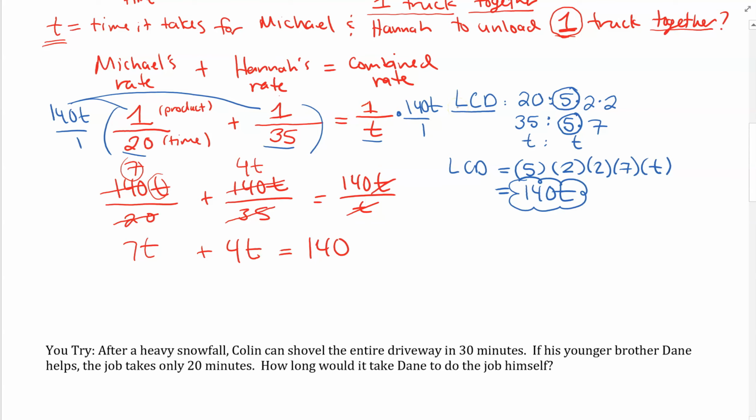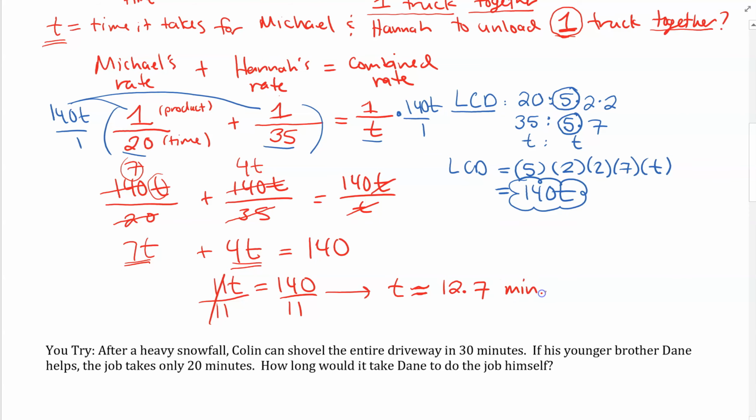So then it turns into a very simple linear equation. And these terms both have a t, so they're like terms. I can add them together. So I get 11t is equal to 140, and then I can divide both sides by 11. And then it might help if I divide these numbers to have an idea of roughly how much time that is. So 140 divided by 11 is approximately 12.7